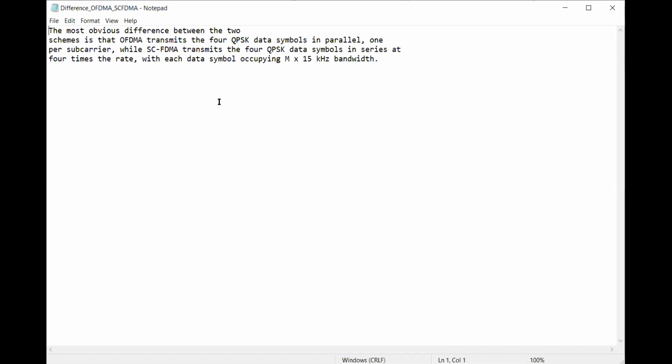No need to memorize this by heart. This is for theory only, just for interviews. We never concentrate on it while working. We never look into the UE to see how many symbols it is transferring, or whether OFDMA or SCFDMA is being used. Nobody goes into the UE and looks at what is happening. So this is for theory purposes only.